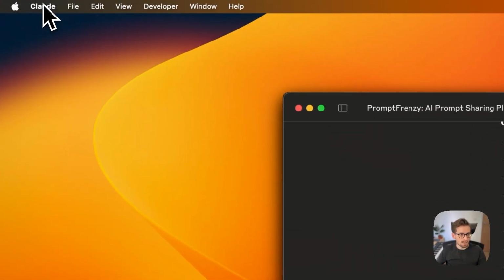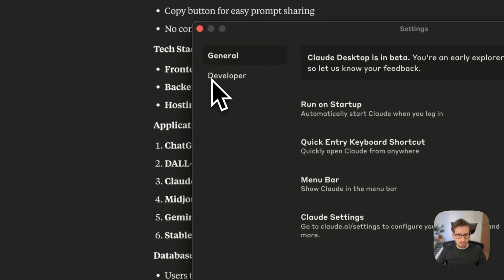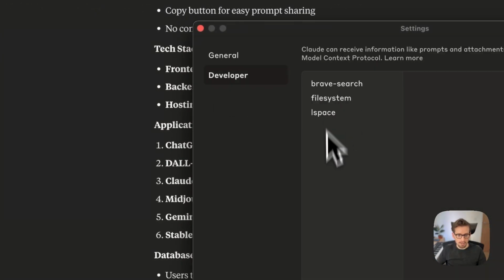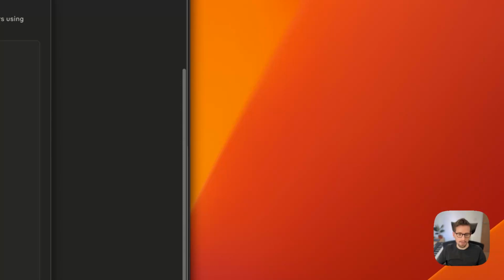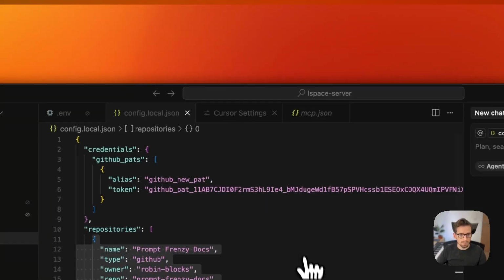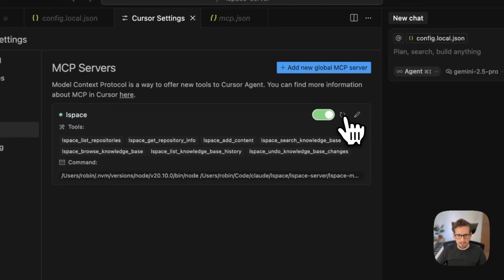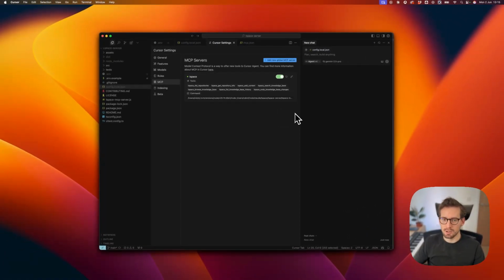The way you do that is by going to the Claude settings, go to developer, and then you'll have a list of all the MCP servers that you've configured. Go to edit, and you'll be able to pull up the config file in the same way and edit it as you want. Anytime you update the configuration, just click the refresh icon here, and it will refresh the server, start it again, and it should have access to your